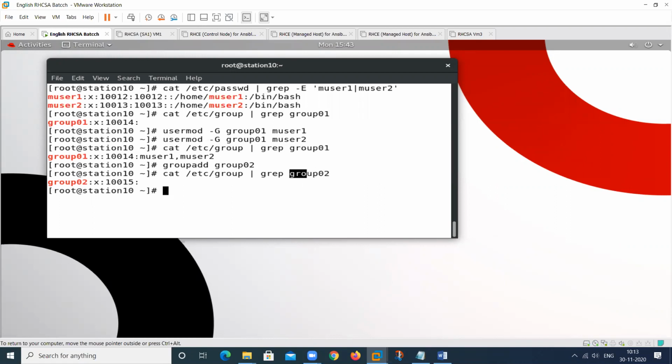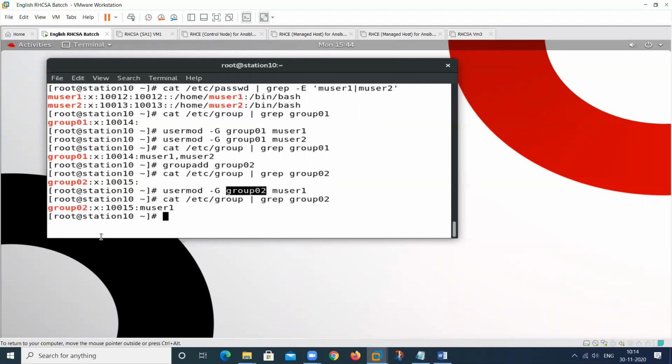Suppose we use this command, where this is my group name, and I want to add user1 also, muser1 also, to be a part of group02. Then I want to check whether it is added or not. At this time it will be added, but check here, it will be removed from this particular group.